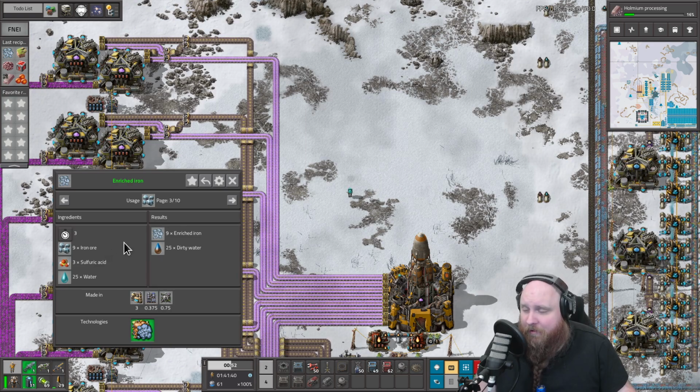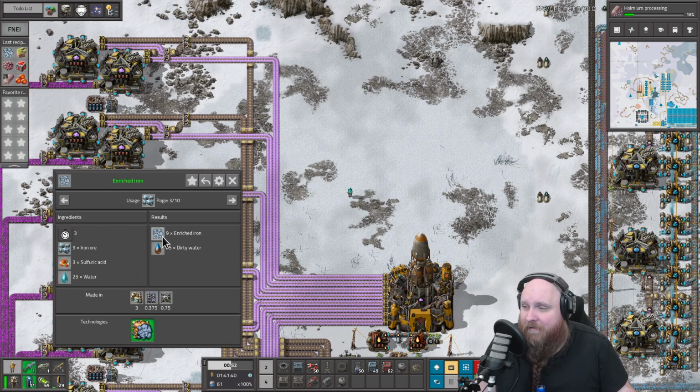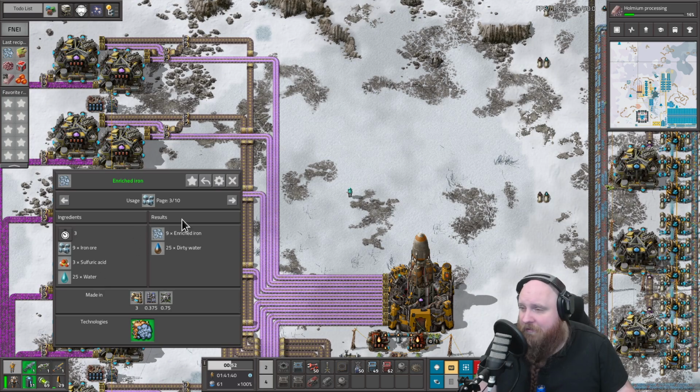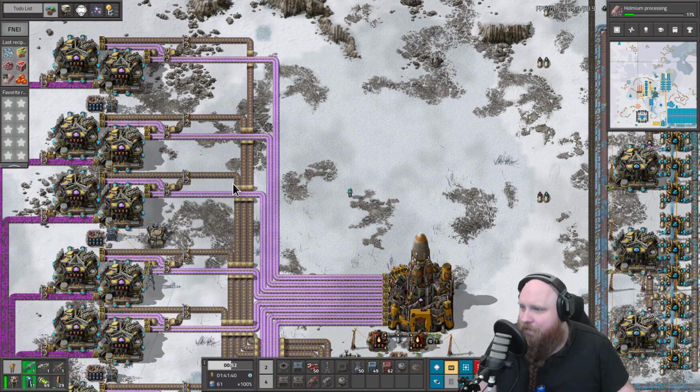I mean, if we're already going to make some sulfuric acid, we might just use some of the sulfuric acid to make some more iron plate. And the more I think about it, the more we should probably do it like this. But I think we do need to kickstart this off a little bit. So let's maybe think of...